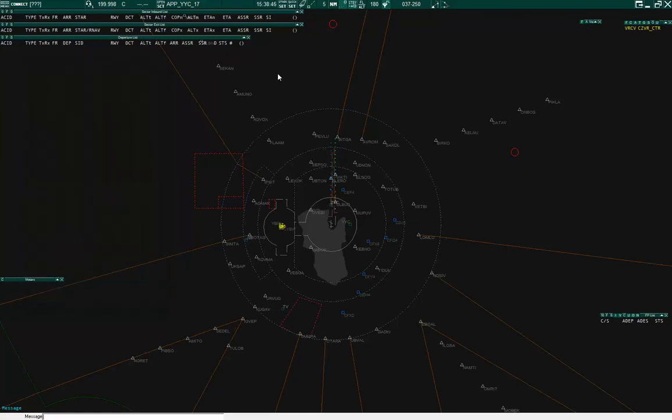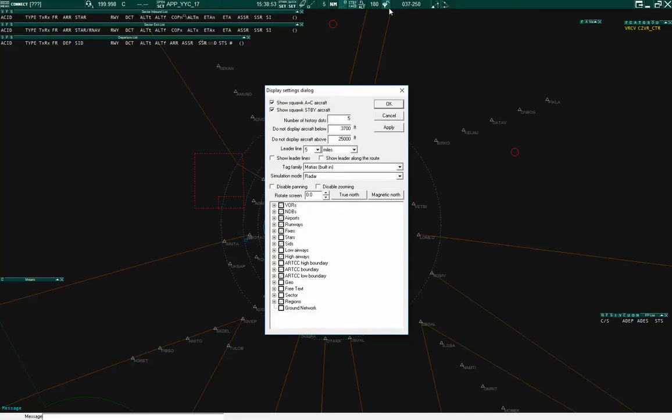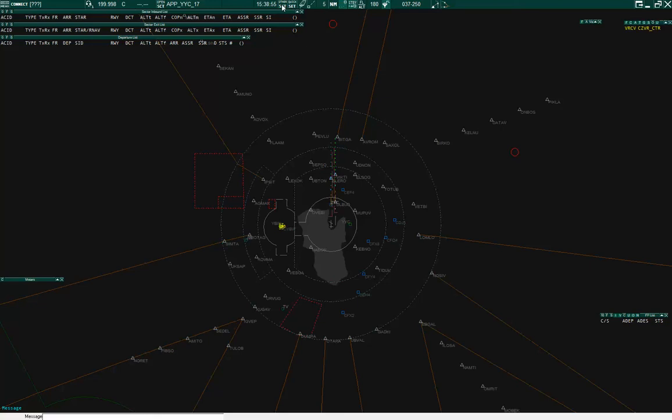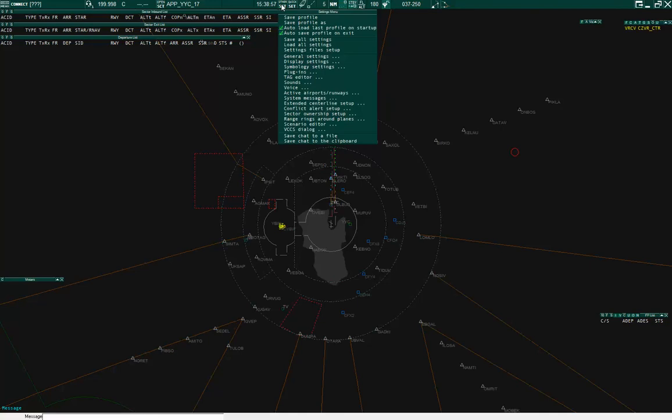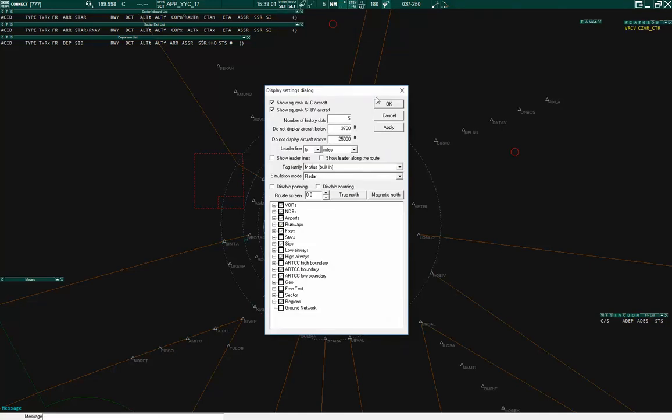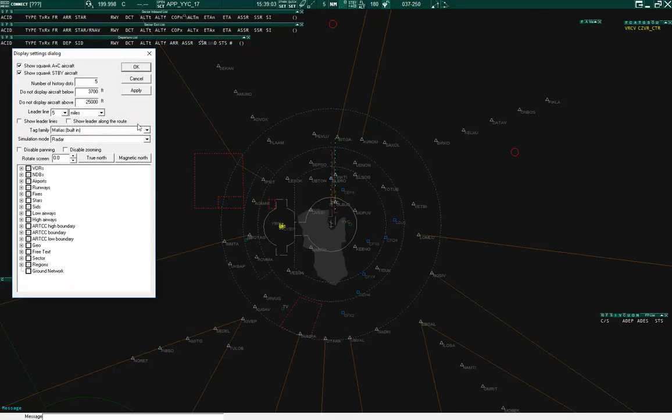So what did I do here? I went to the display settings dialog box. You can get to it, as you know, either by clicking this shortcut here, which quickly opens that up, or if you go to other settings, the display settings dialog box takes you to the same window. So a couple of things here. Every time there's a change,